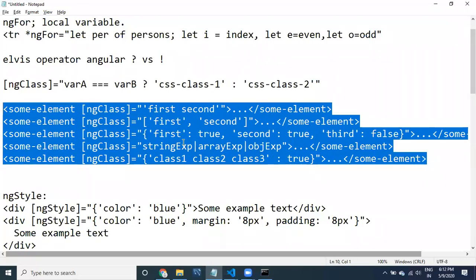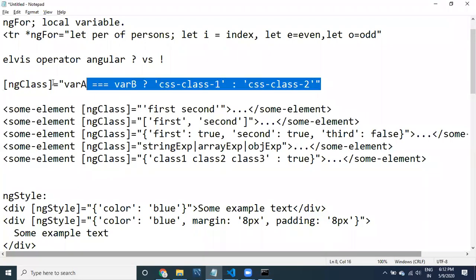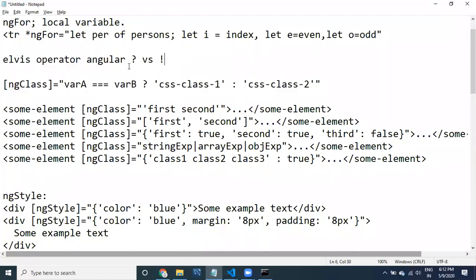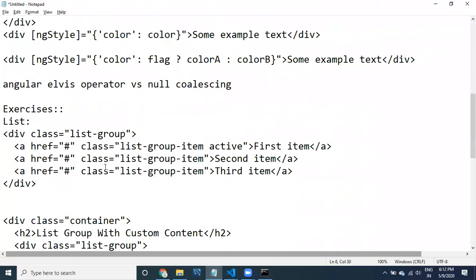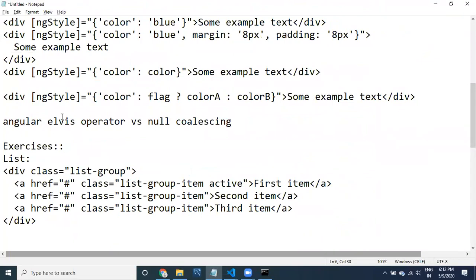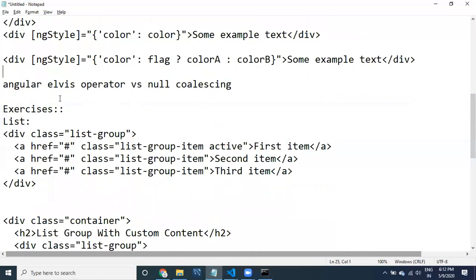This is for documentation purpose. I just made it ready. It will be helpful for you, for reference purpose. When you are doing your code, I'm going to share these things in the documentation. Even this also, I'm going to show you what the question mark operator is, and this can be called the Elvis operator. It is also called by some different names, so I'll tell you this one. And here, these are the ng style examples.